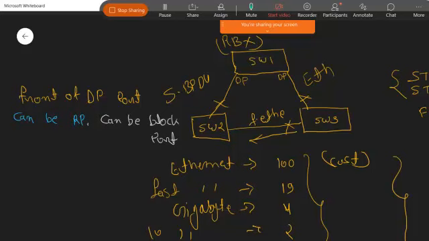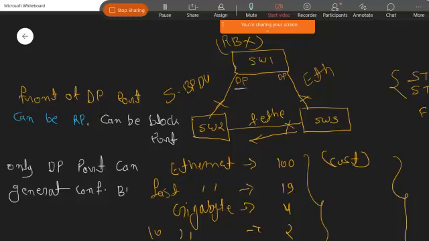Who is responsible for generating the configuration BPDU? The root bridge, meaning only the DP port can generate the configuration BPDU. No one else can generate it.